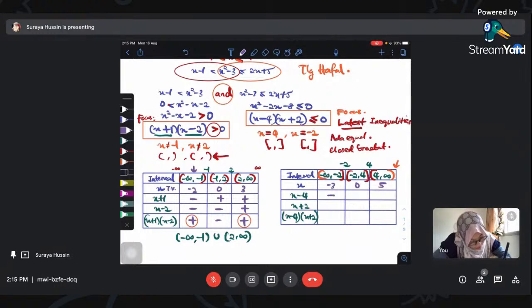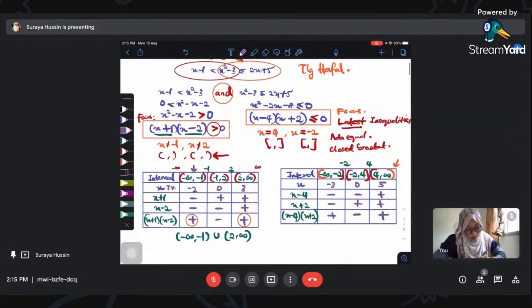And then negative, negative, positive. Negative, positive, positive. So positive, negative, positive. And so, mana satukah jawapan kamu? Bulatkan. This symbol shows that you have less than. Kalau less than means simbol yang kamu patut pilih adalah negative. Negative sign. Therefore, this is your answer. Negative 2 until